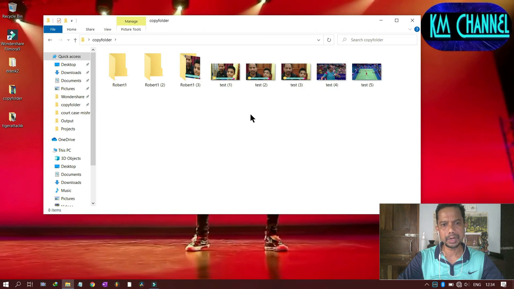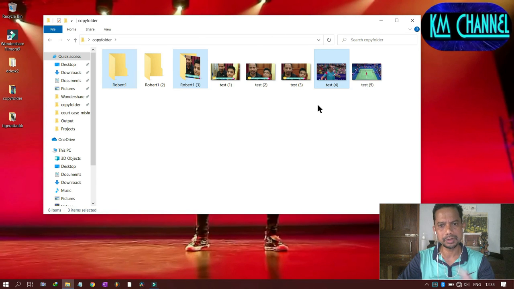Now how to highlight the file? You can do like this, like this. You can highlight only one file, but if you press the control button, you can select specific files and specific folders. Hold the control button, click, hold the control button, click. And if you copy, cut or delete, the command will be executed on these highlighted things, that is folders and files. Okay, so this is how you can select.